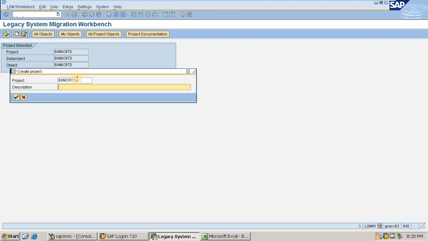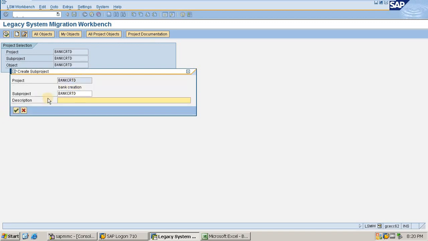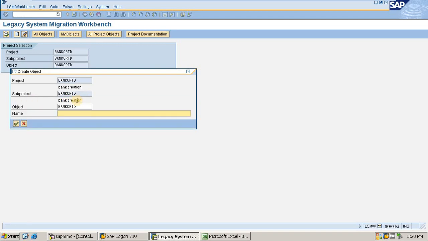Now I have to provide the description, bank creation. Clicking on the continue button, description, bank creation once again. Clicking on continue, and the name, let me put BANK_CRTD as well.